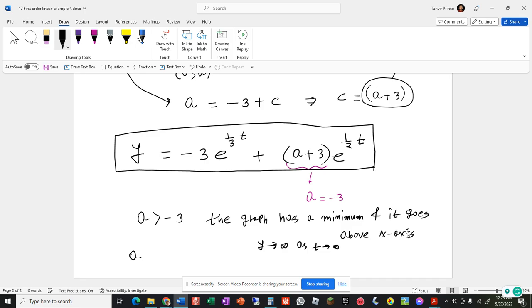And when a is less than negative 3, the graph always decreases, and it doesn't seem that there is a minimum. We know that in that case, y goes to negative infinity as t goes to infinity. So that's a very different behavior when a is above negative 3 compared to when a is below negative 3. There are different types of behavior. So a equal to negative 3 is actually